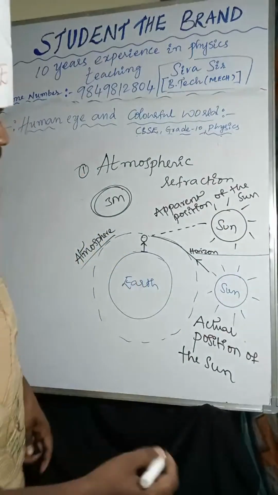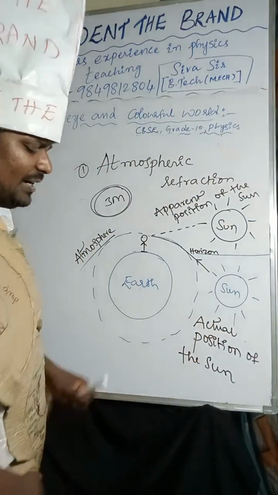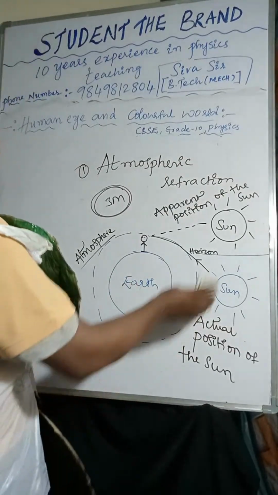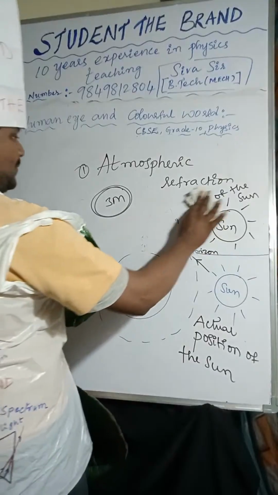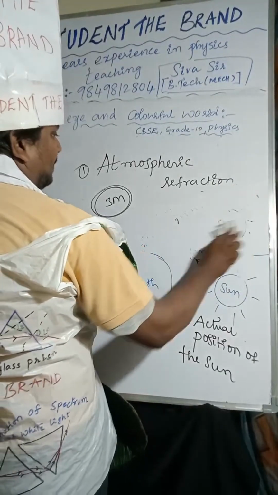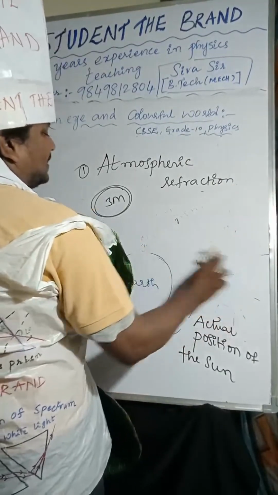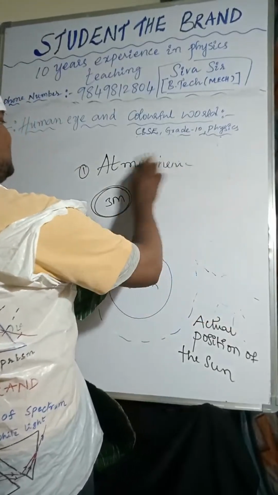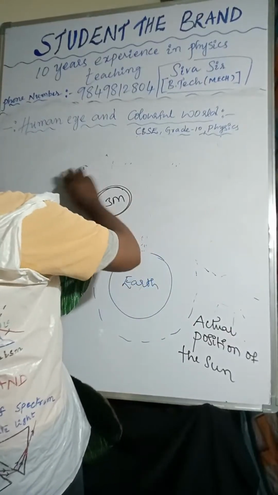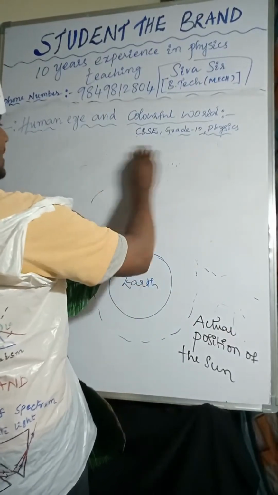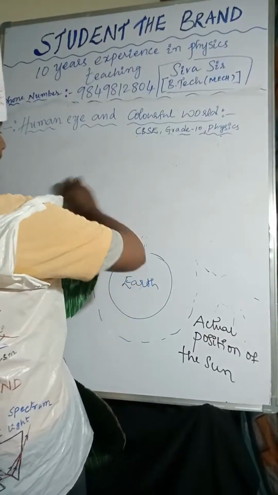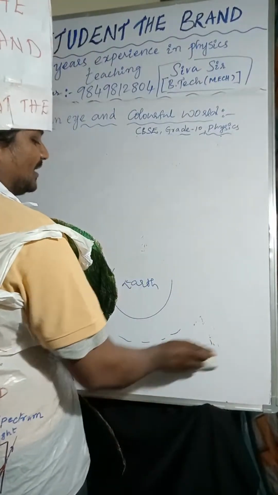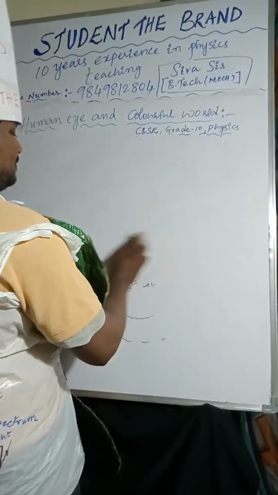Next one, we are going to position related, that is atmospheric refraction. I will tell one small logic related to position. So the next topic, related to colors, is scattering of light. I'll explain the scattering of light in depth. So just listen carefully. When the light is coming from the sun, or an object, if it falls on the particle,